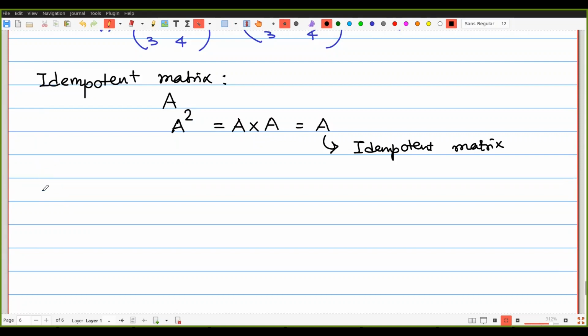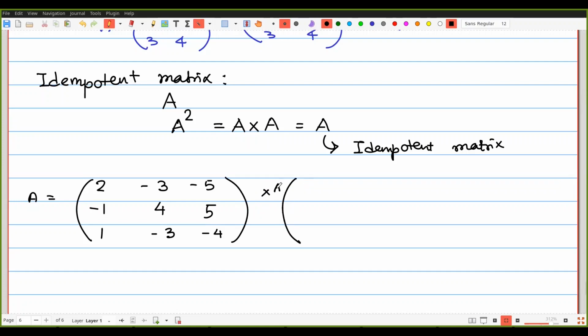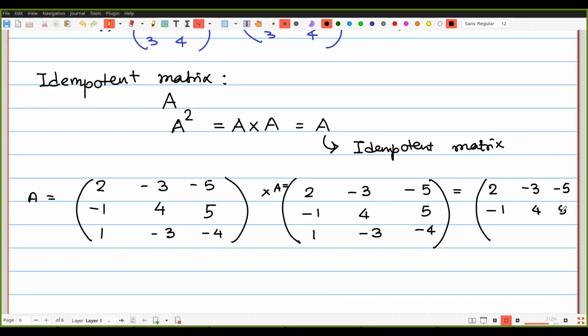If we have A is equal to 2 minus 3 minus 5, minus 1 4 5, 1 minus 3 minus 4, then if we multiply it with the same, that means A, 2 minus 3 minus 5, minus 1 4 5, 1 minus 3 minus 4, whatever the resultant matrix we are getting, that is equal to the same. Hence, we must say that A is an